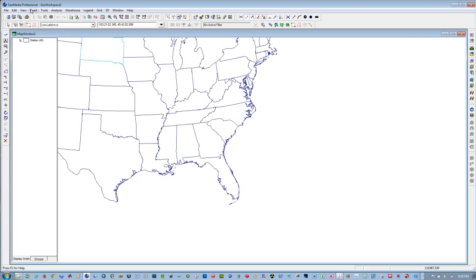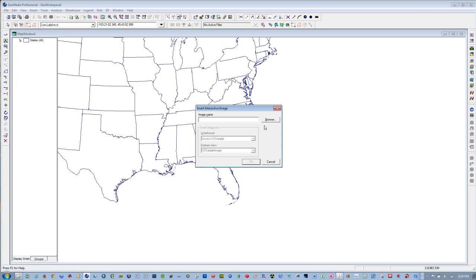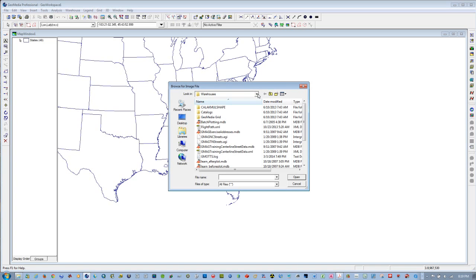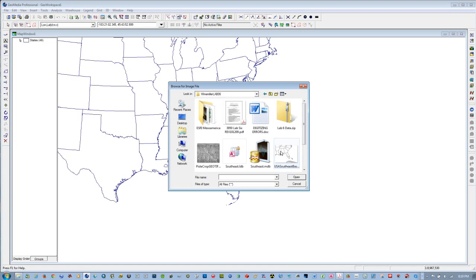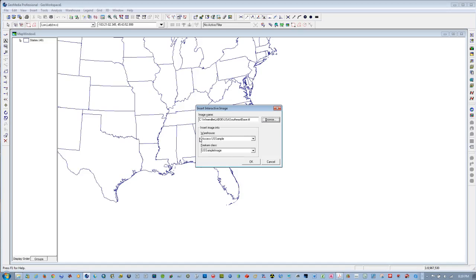Okay, now we're going to insert an interactive image. So you're going to insert interactive image, you browse, go to your folder, which is Lab 6, open it up, and we're going to insert US Southeast Base TIFF by left-clicking on it, open, and we don't want to put it in US Sample, we want to put it in Southeast. These are all the little details that you need to remember, and we're going to call it Southeast Base, and it can't have any spaces,